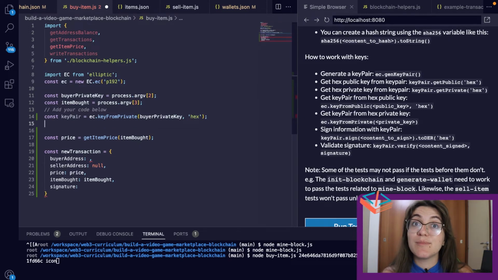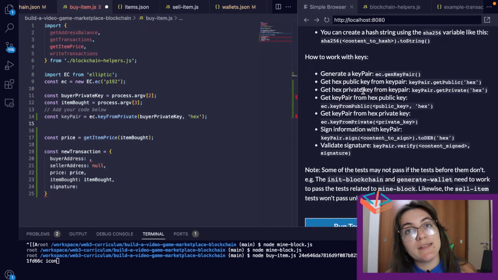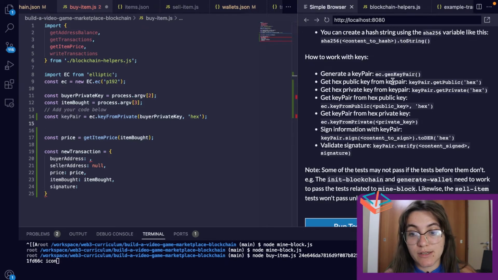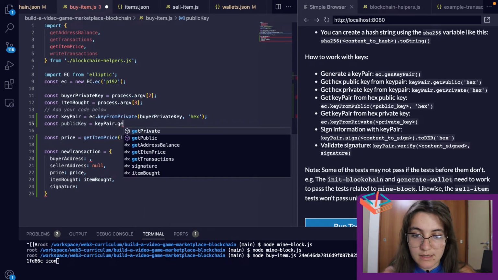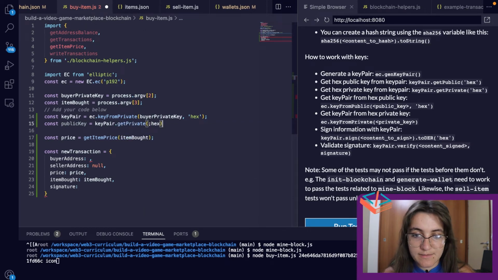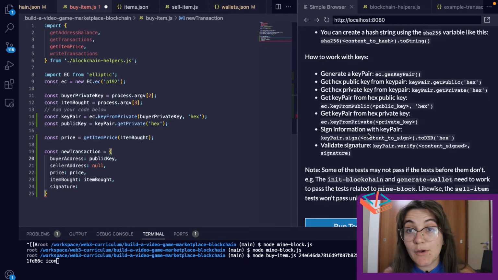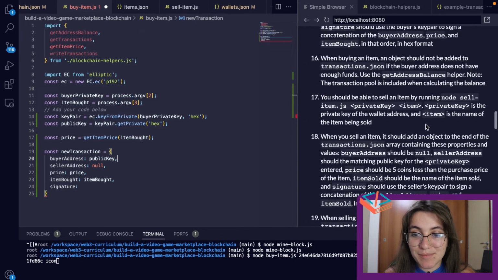Now with this key pair, we're able to get the public key the same way as we did when we were working with the generate wallet. So we're gonna use this part, getHexPublicKey, using this. So const publicKey will be equal to keyPair.getPublic('hex'). All right, now we know that this public key will be our buyer address. So here, publicKey. Now we need to work with the signature, and the signature can be a little bit tricky